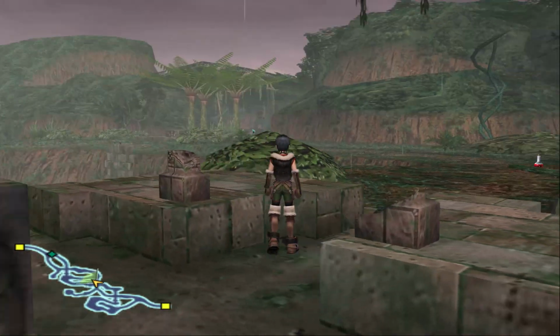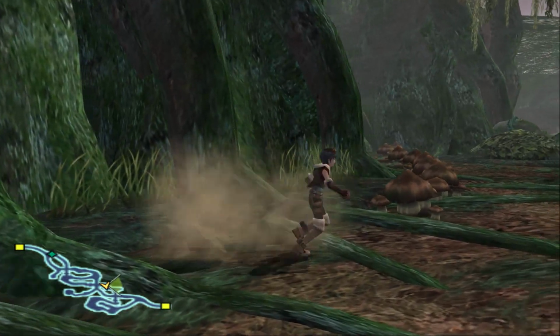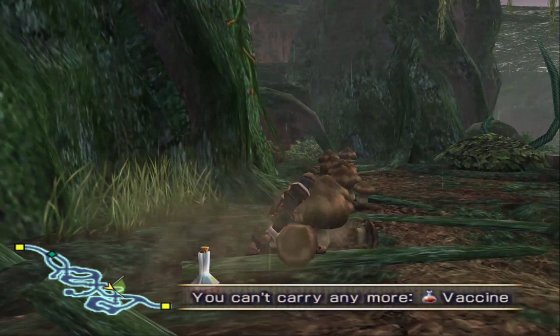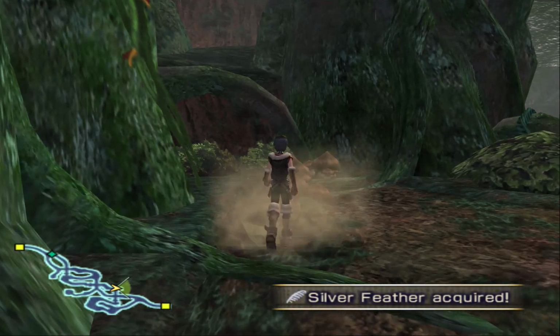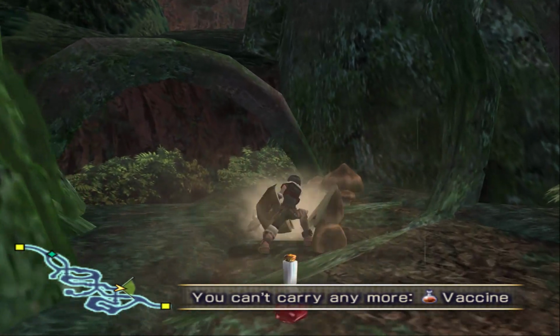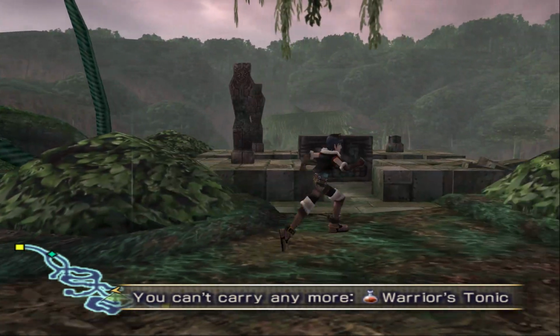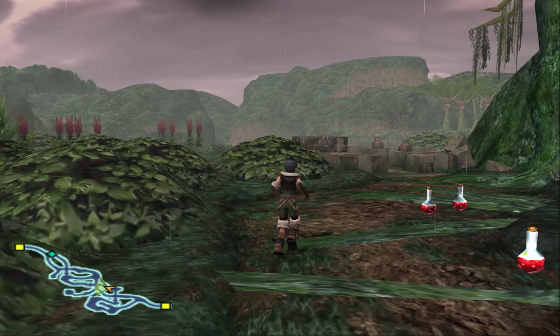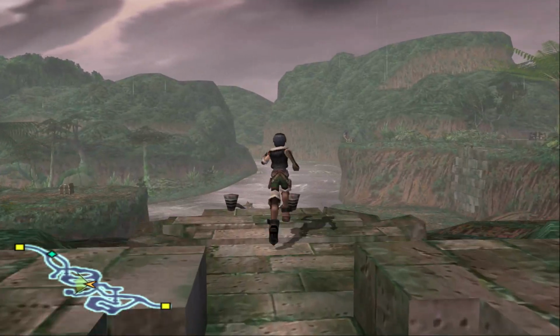Let's see here. So that's back the way I came. And this leads over to some mushrooms. So let's take care of the mushrooms. And let's see. Holy water, silver feather, vaccine, and a warrior's tonic. Alright, before going down there, let's backtrack over this way and take the other direction, which